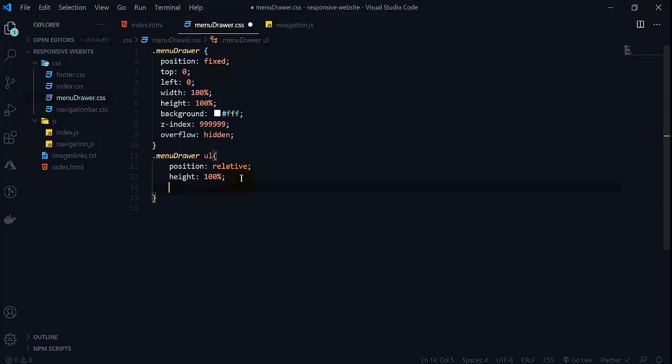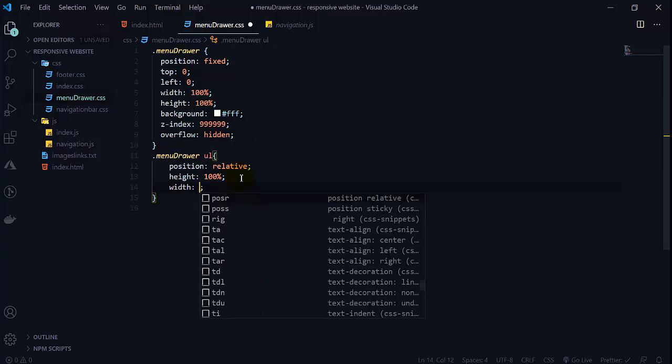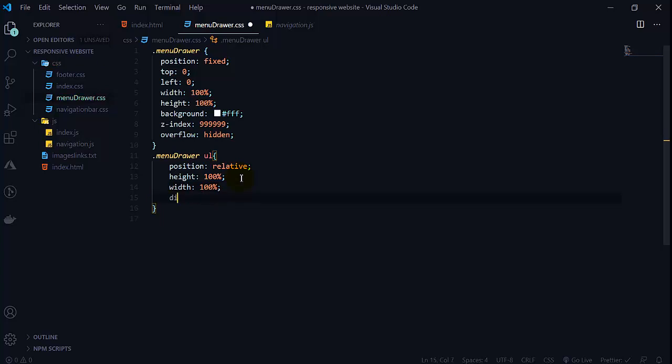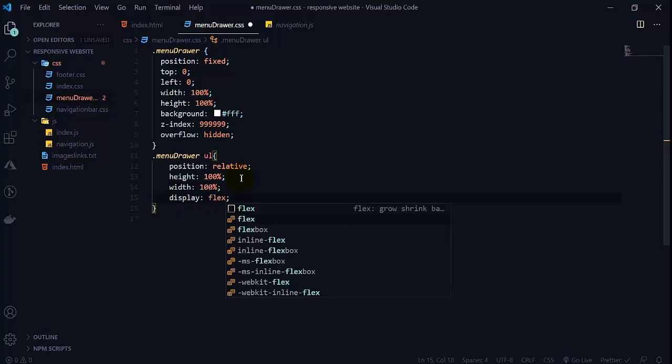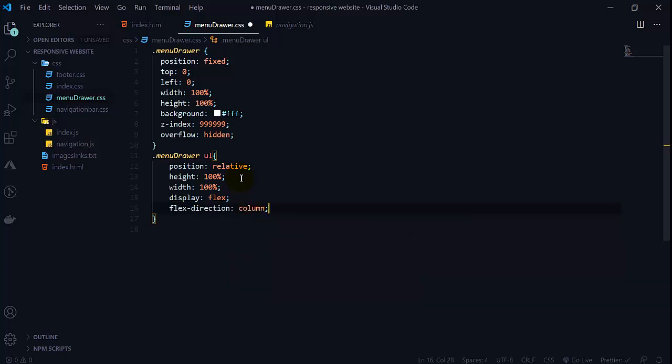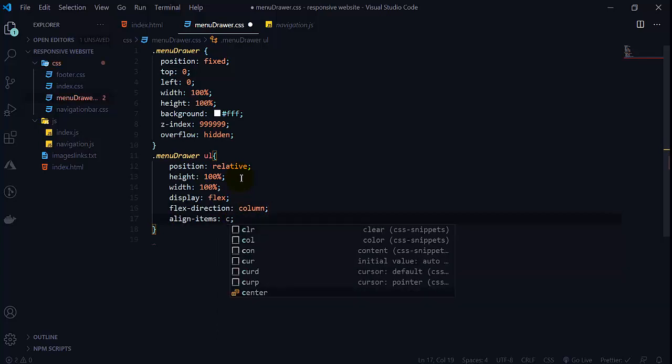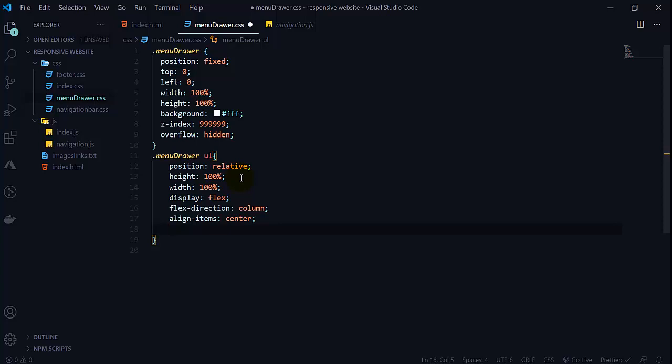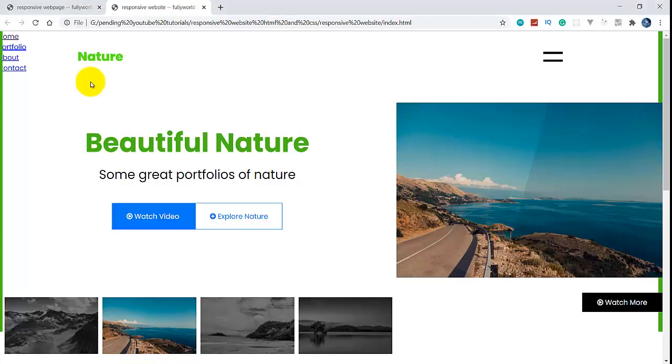So here height is 100% and width is also 100%, and we want display flex. Flex direction will be column here, and align-items center to make it center horizontally, and justify-content center to make it center vertically.